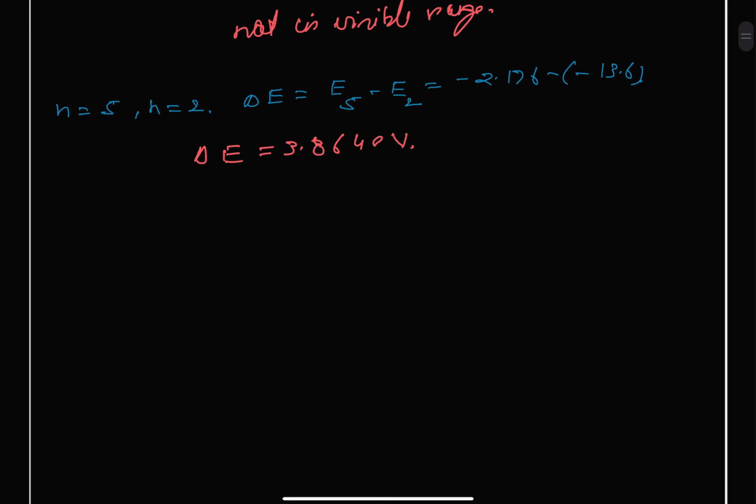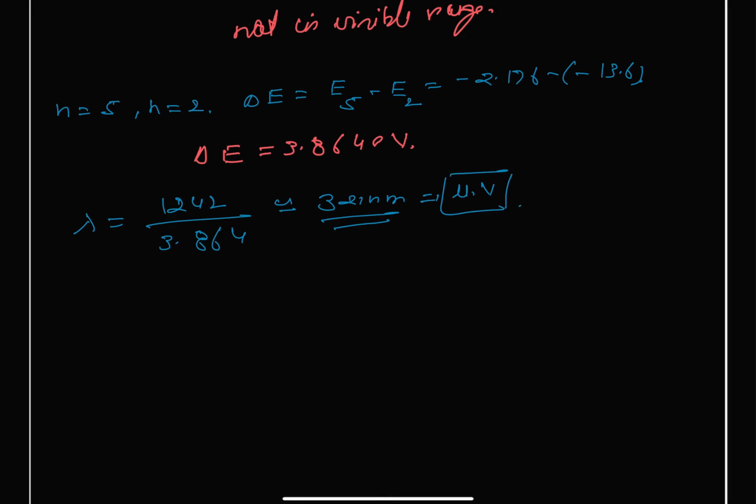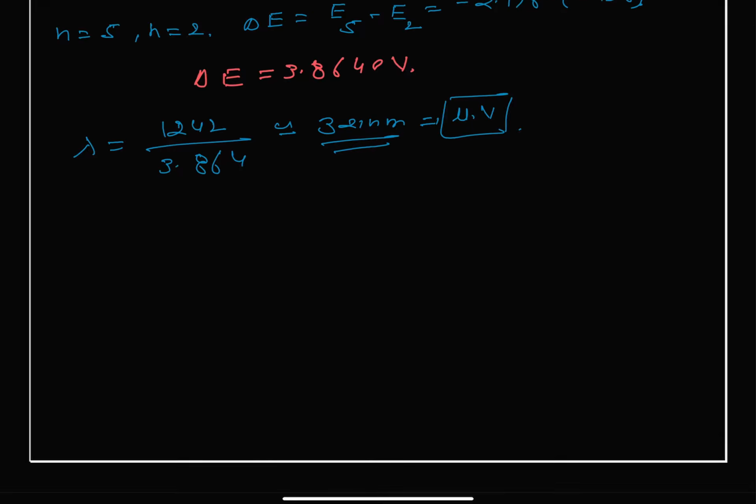And once again the wavelength lambda will be equal to 1242 divided by 3.864, which is approximately equal to 321 nanometer, and this is a representation of ultraviolet, but we are required to find the visible. So therefore we write for n equal to 4 to n equal to 3,